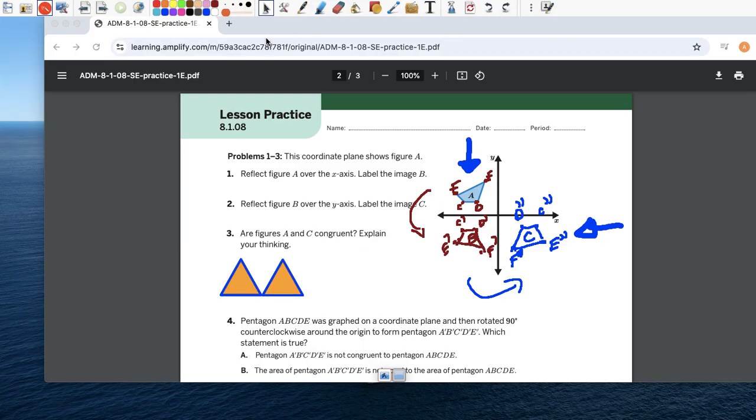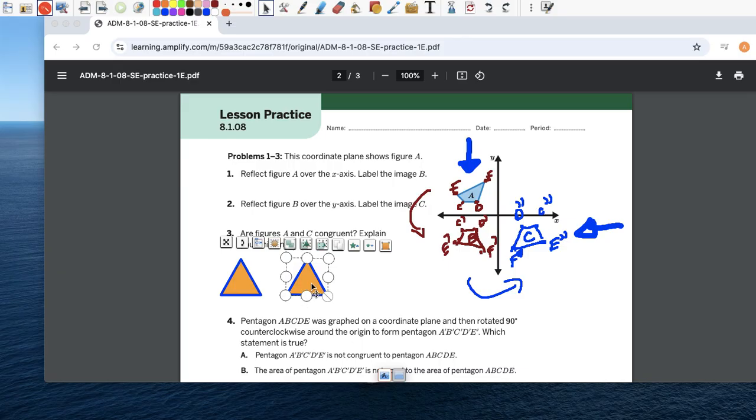So let's say I took the original triangle and I translate it. Are they the same? Yeah, of course they're the same. What if I rotate this? Now I rotated it. Are they congruent? Is it still the same exact triangle? Yes, it is. And even if I reflected it, which I don't know how to do with this,